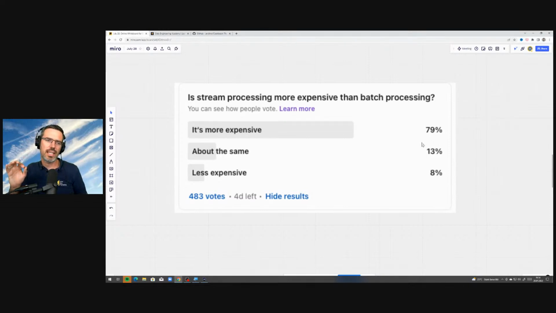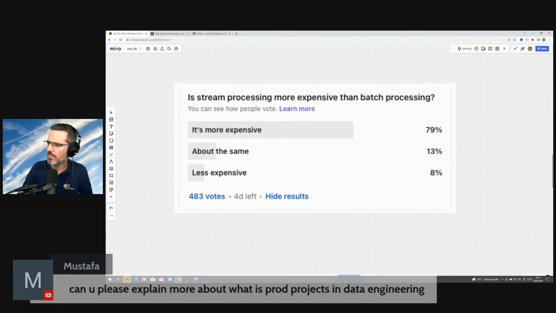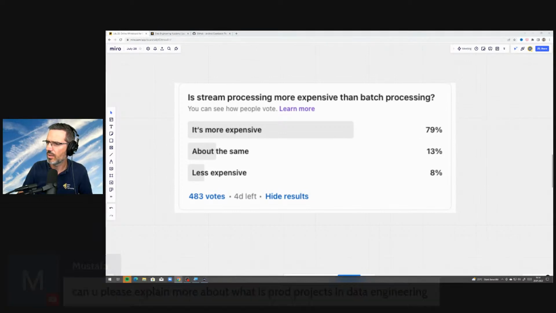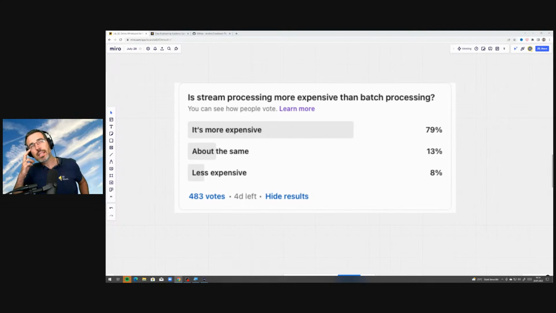The thing is always, is it too expensive for your use case? And that's where, who asked here? Can you explain more? Mustafa, can you explain good projects? Like this is something for projects. Do you need to have real-time access to data, to dashboards, real-time dashboarding?